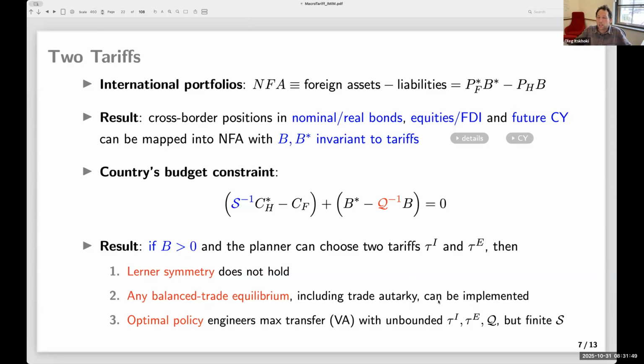And in particular, what generically you will be doing, you will be sending the import tariff and export subsidy, let's say, one to plus infinity, one to negative infinity, to generate the biggest valuation effect. And then you'll be choosing the optimal terms of trade. So first you max out on the valuation effect. And so what you're doing, you're effectively generating either default on your assets. If this thing is positive, you want to fully default on them, sending that to infinity.